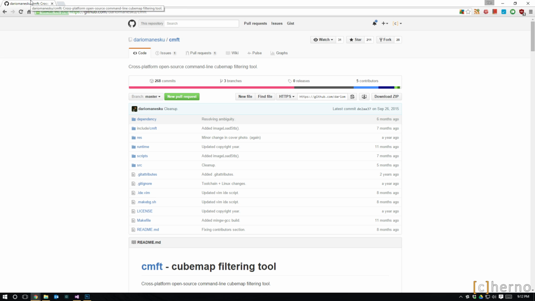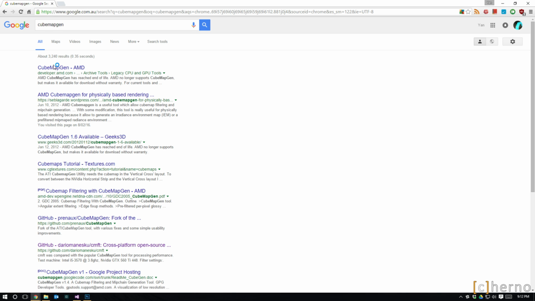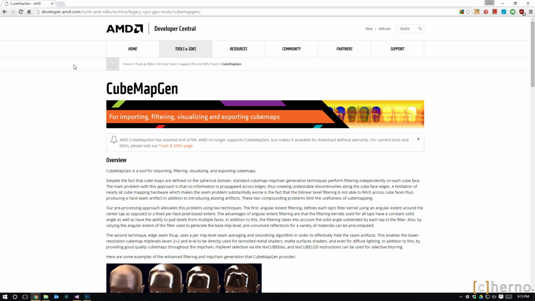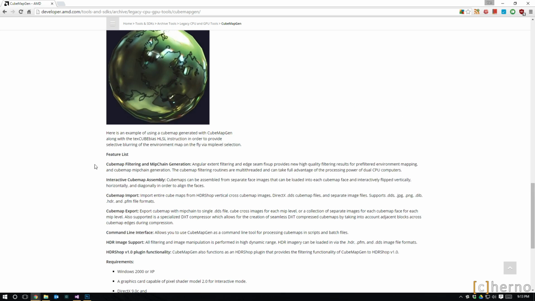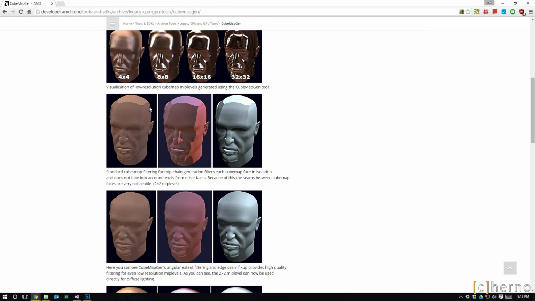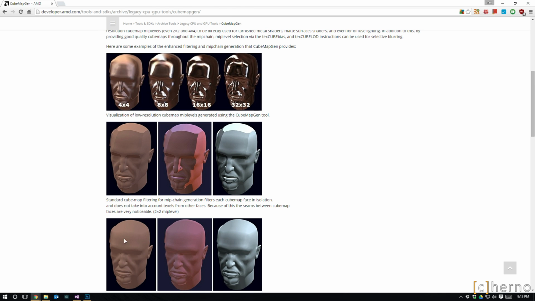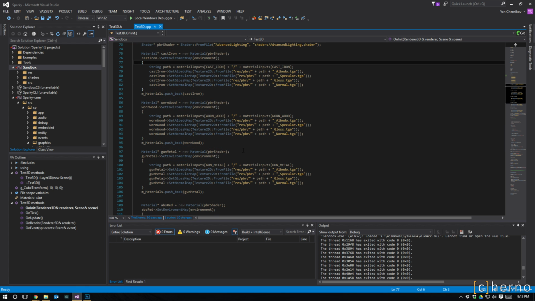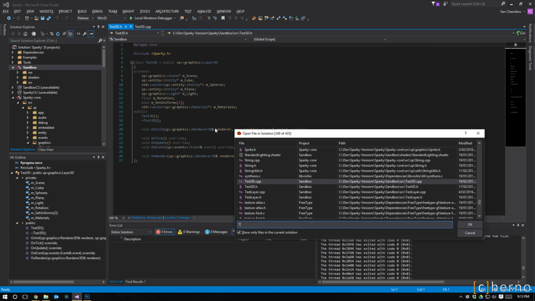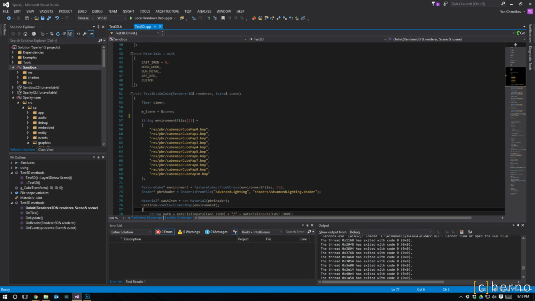I haven't really experimented with generating mip maps with this, but I have been using something called Cube Map Gen, which is an ATI AMD little utility from a long time ago. It'll take in the vertical cross that CMFT will generate, right? And it will produce mip maps for your cube map, so that instead of looking like this, where you can see the seams of the cube map, and I'm not sure if I showed that in the devlog before last. I don't think I did, but basically, if you just mip map them yourselves or get OpenGL to generate mip maps for you, in fact, I can probably show you what that looks like if we bring back